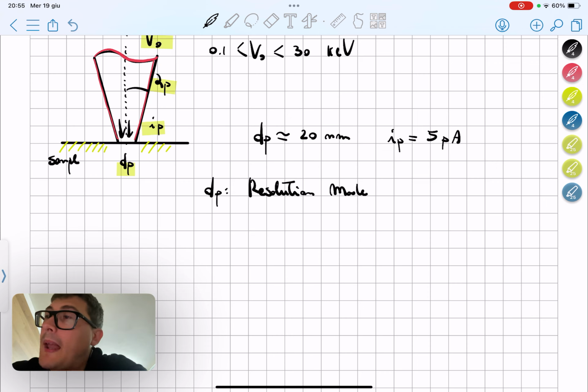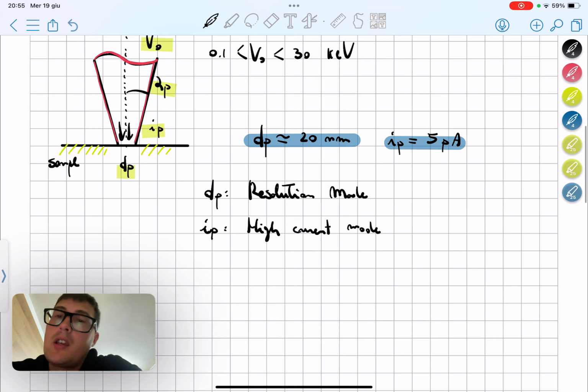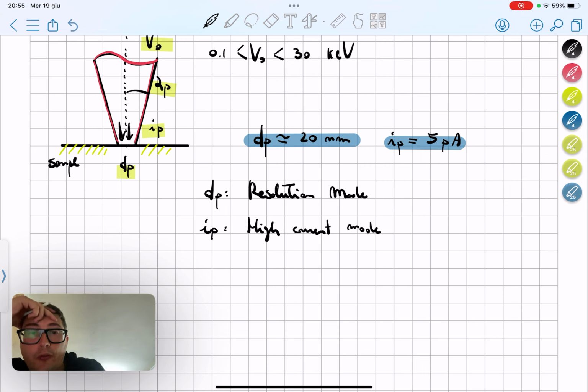It has to be a balance between the spot size and the quantity of current. This is because of what we will see in a second. The probe current IP gives the high current mode, in which we will again need a sufficient amount of current in order to overcome the contrast of the sample, and it comes out with